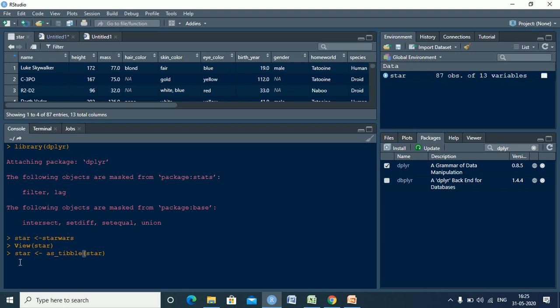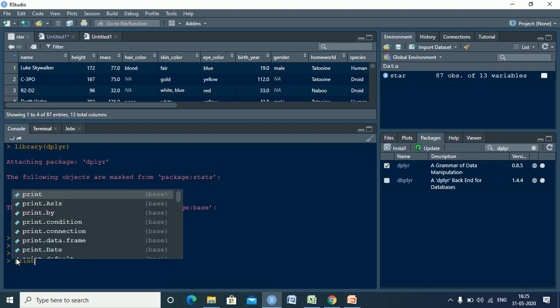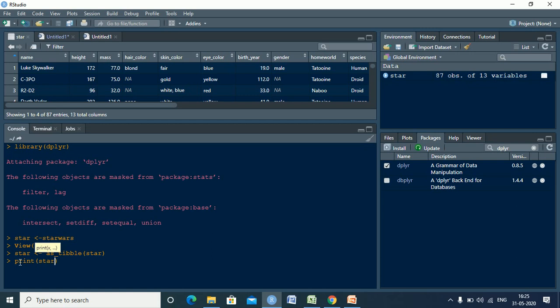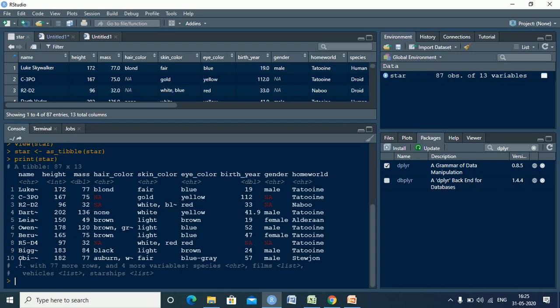So once I have passed this, now let me just say print star, right? I have now passed that, consider this data frame as a Tibble frame. So now if you see, in the same way, you have all these 13 variables which have come in. It also tells you the data structures of these variables, and it is showing you only the first 10 rows with 77 more rows and 4 more variables.